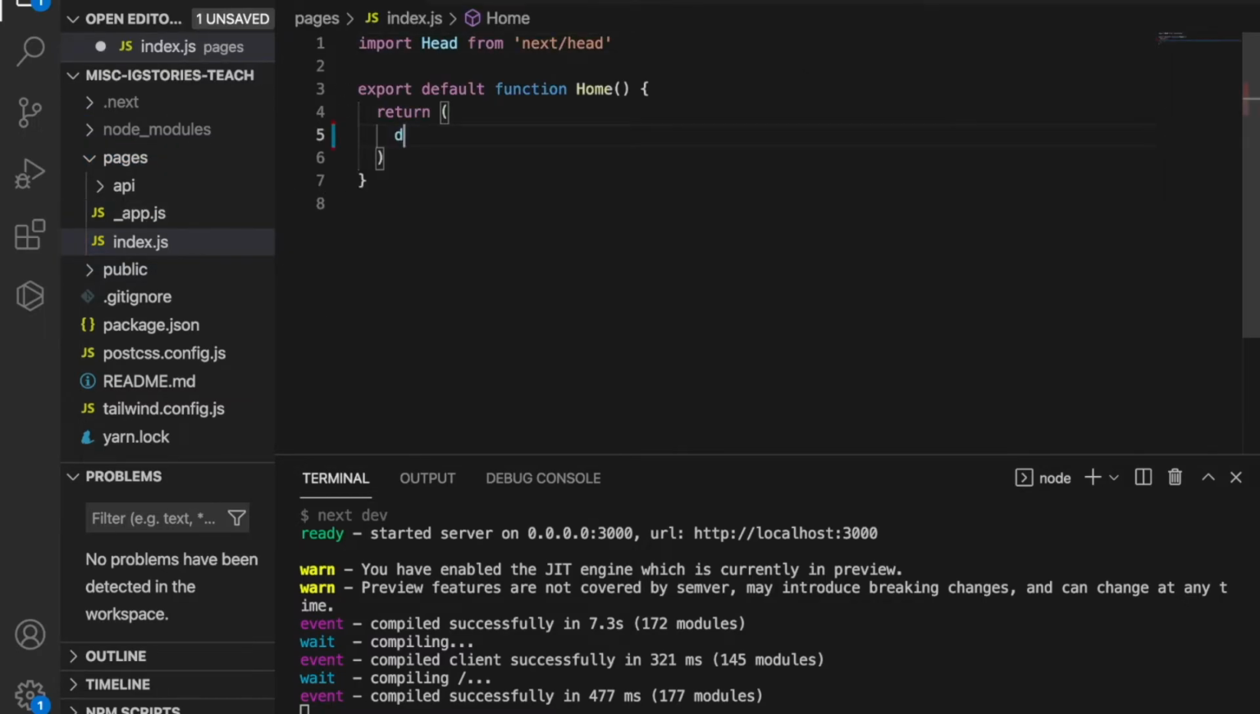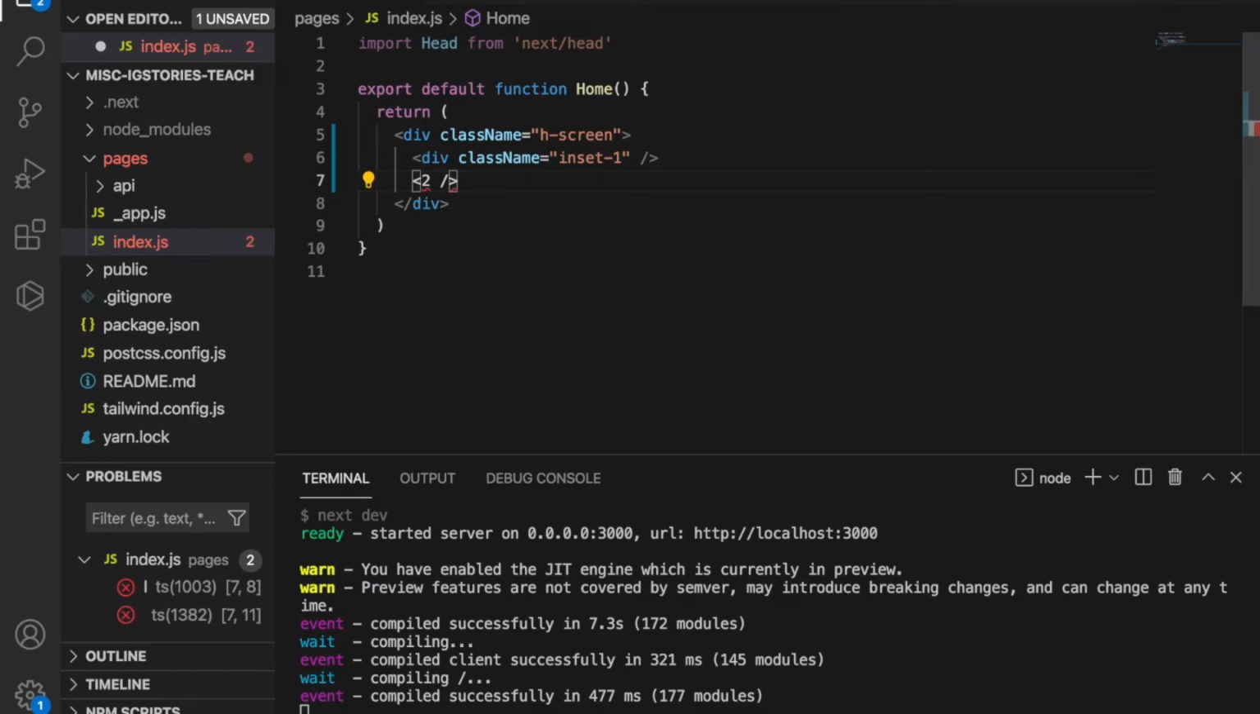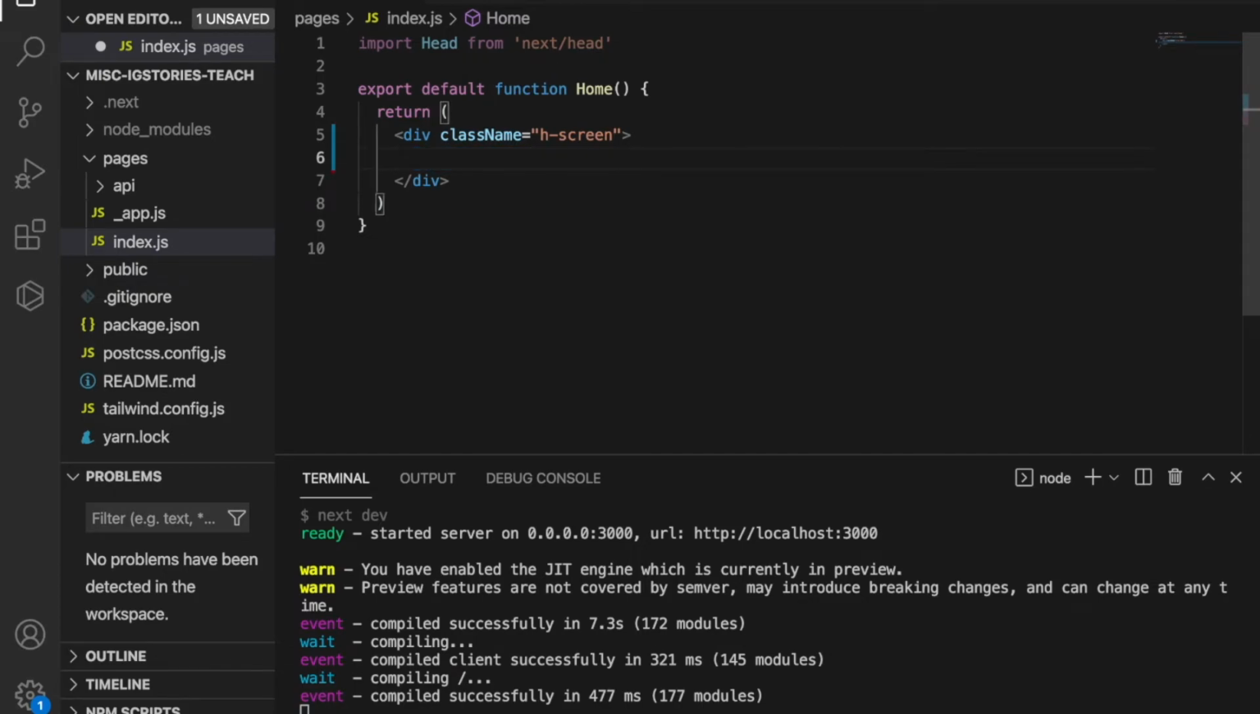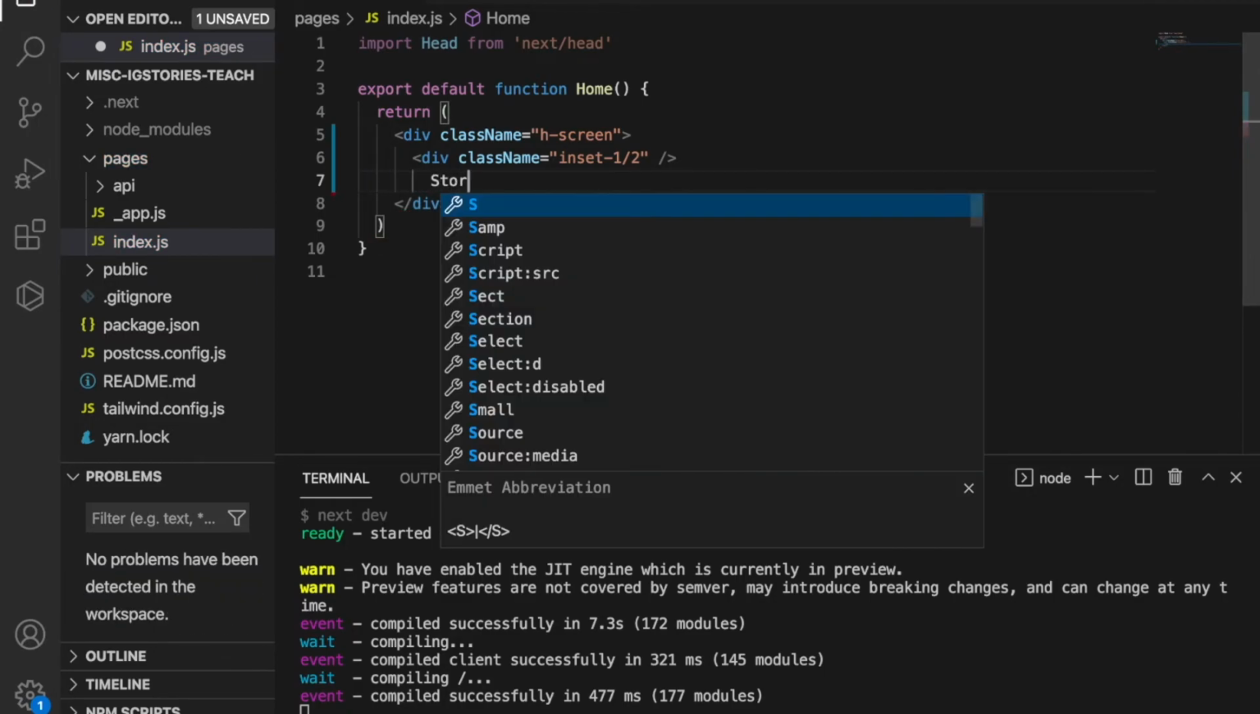So instead we are using the div with the class name of h-screen, and this is from Tailwind. The h-screen means the height is 100% viewport height, and then we type div.inset-half. So this helps us to create all the things inside the center of the page. So for example, we type stories,